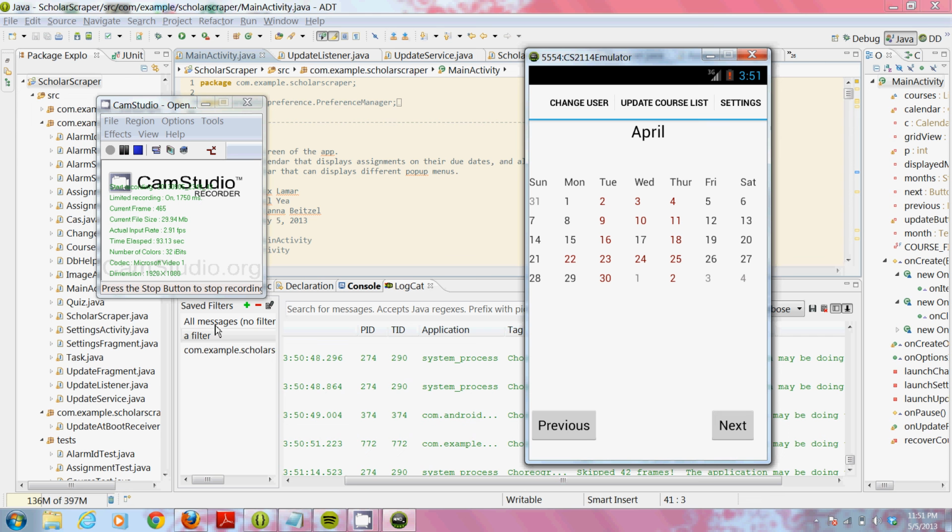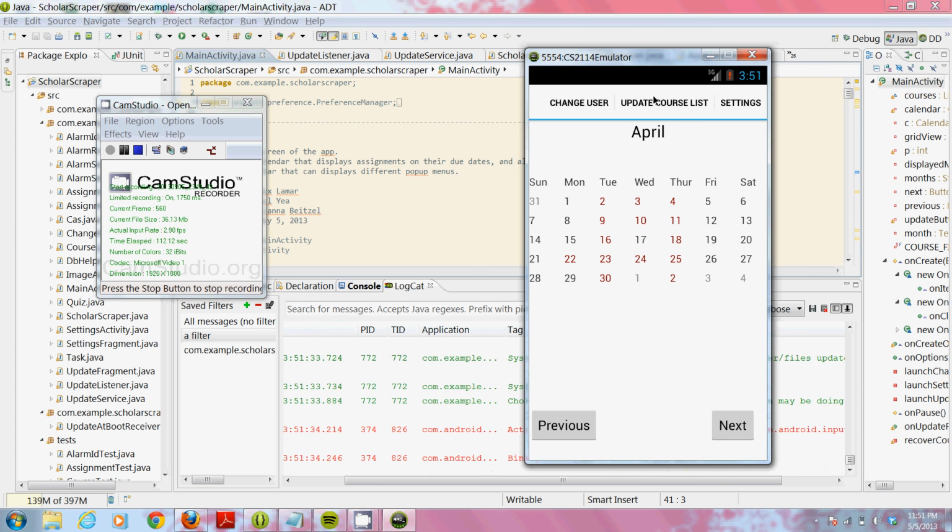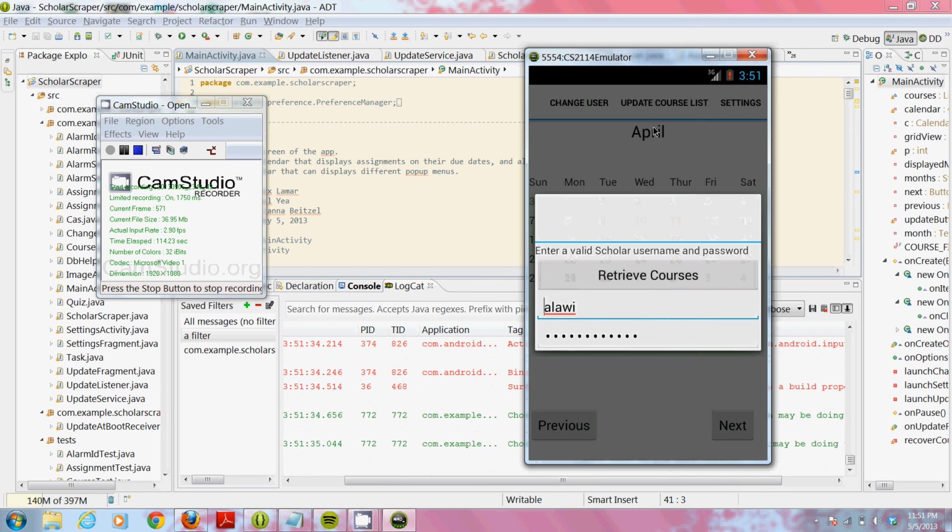How it works is it just interfaces with the Scholar server. This is a lot more complicated than it seems. You have to deal with the JavaScript, loading, browser interfacing, all of that stuff. The first time you want to log in to your user, it's going to take about 2 to 3 minutes because this is where most of the JavaScript loading has to take place, and you do that through this pop-up here that